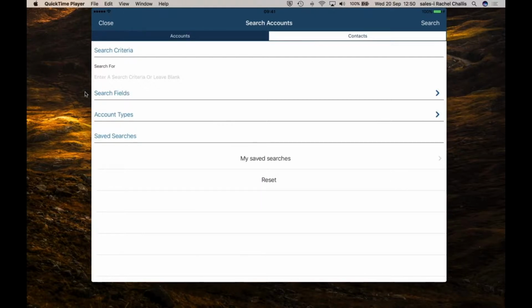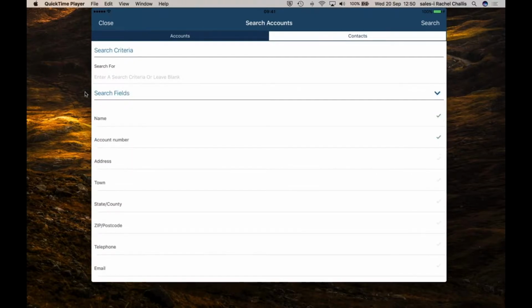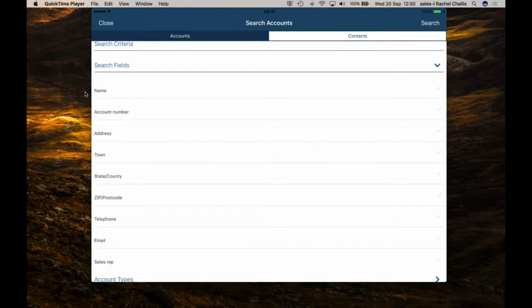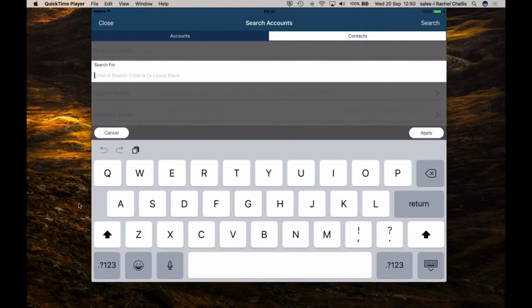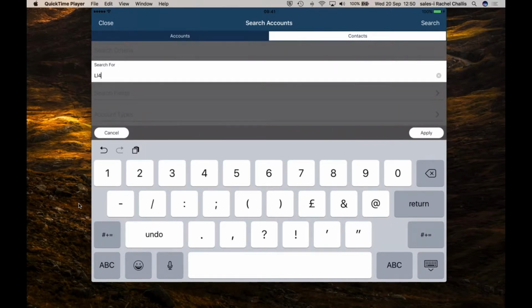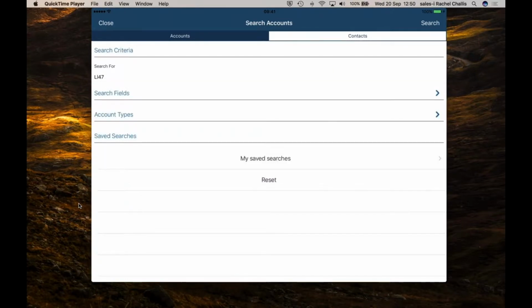But if I tap on this arrow to bring down my search fields, just as an example, I can deselect my name, deselect account number, and select my zip or postal code just here. And now I can search for a particular postcode area. So if I'm searching for the customers that we have that are in the postcode area of LL47, for example, I can hit search